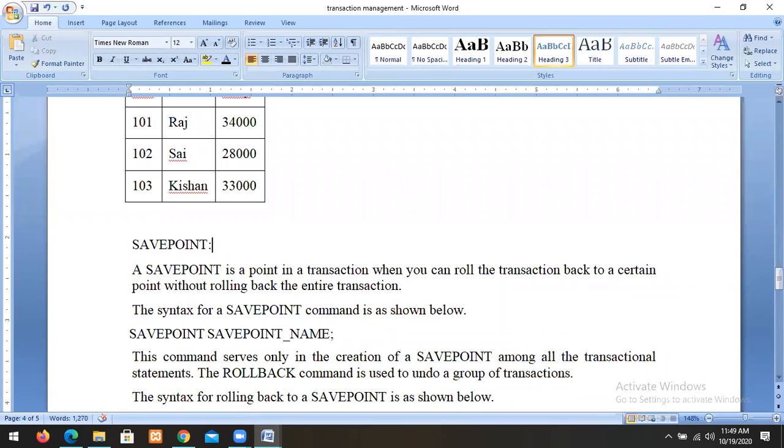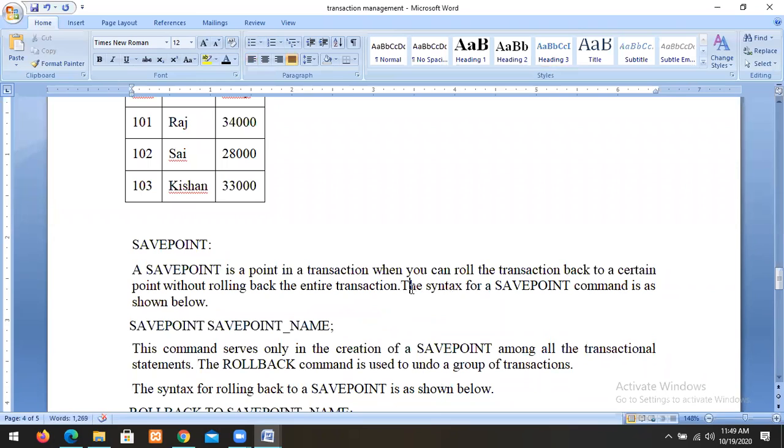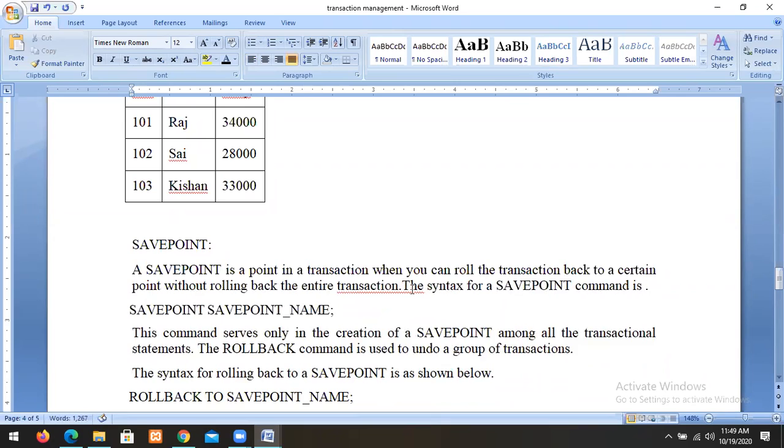So the syntax of the save point command is: save point name. This command serves only the certain save point among all the statements.